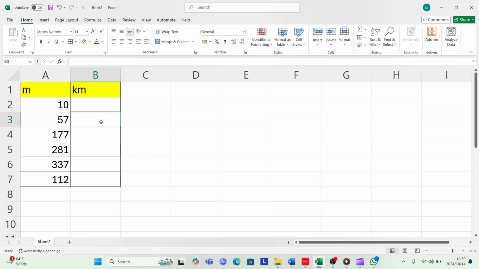Going to talk about how to convert meters to kilometers. So if you want to convert maybe this 10 from meters to kilometers, you can just type in equal